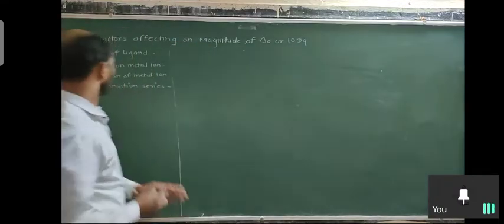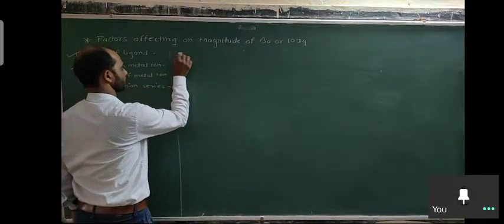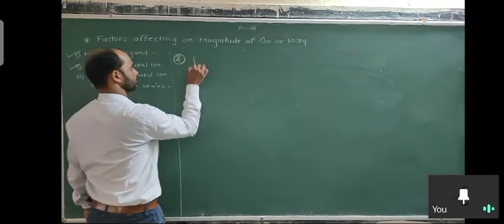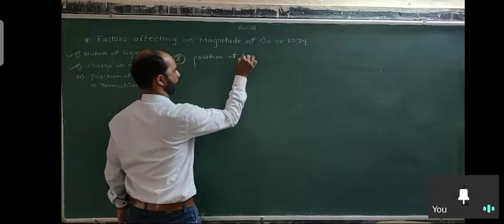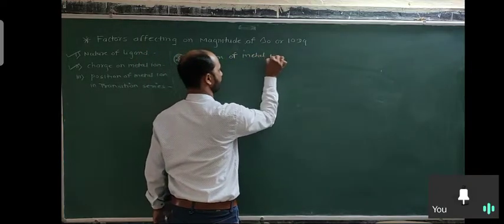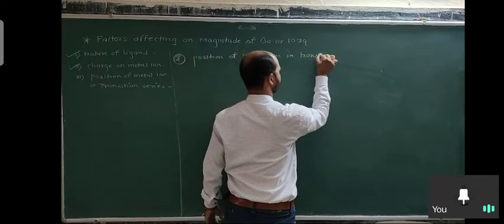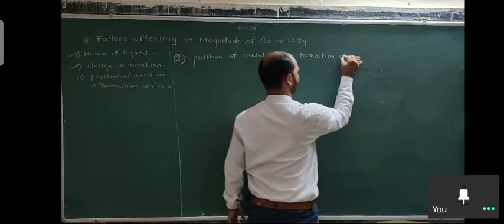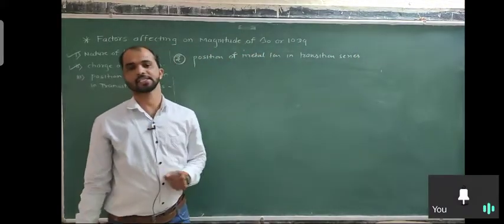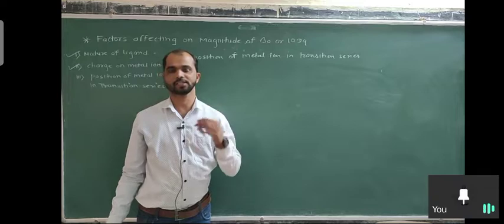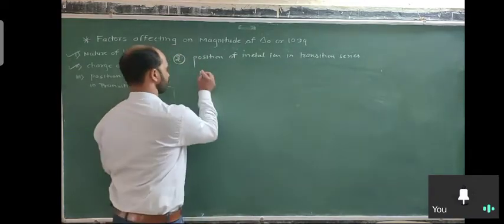What is the third factor? Position of the metal ion in a transition series. So the third is here: position of the metal ion in the transition series. And you already know there are three transition series: first transition series, second transition series, third transition series. The first transition series